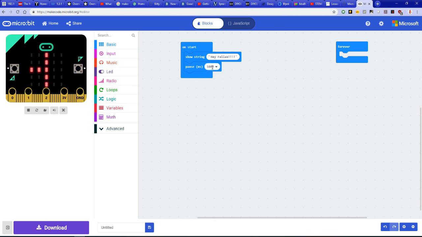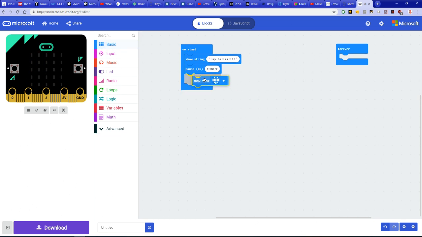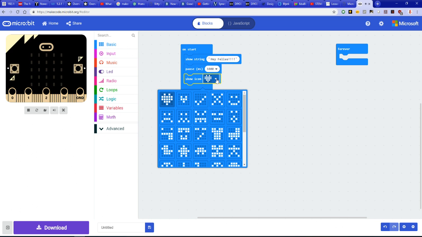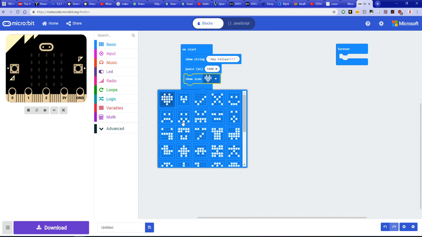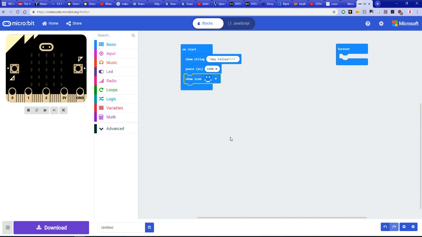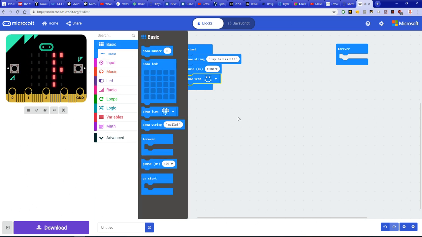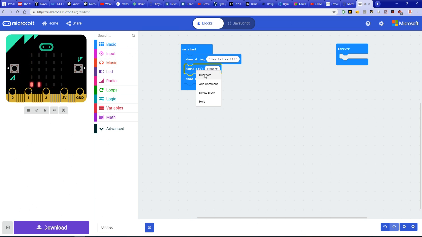You've got to tell the computer how long you want it to sleep or pause, and you've got to talk to it in terms of milliseconds. So 1000 milliseconds is 1 second. We'll paint some pictures on screen. So we'll say show icon, and I'm going to select, yes, there you go. Looks like a smiley face. Okay. And then I'll put a small little pause again, but this time I'll click duplicate,